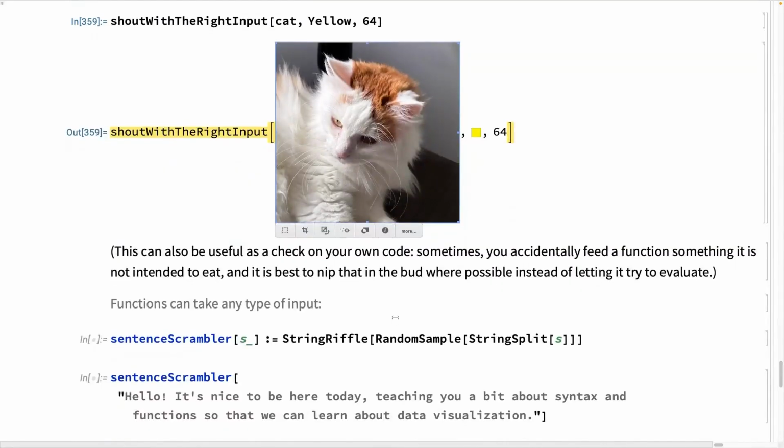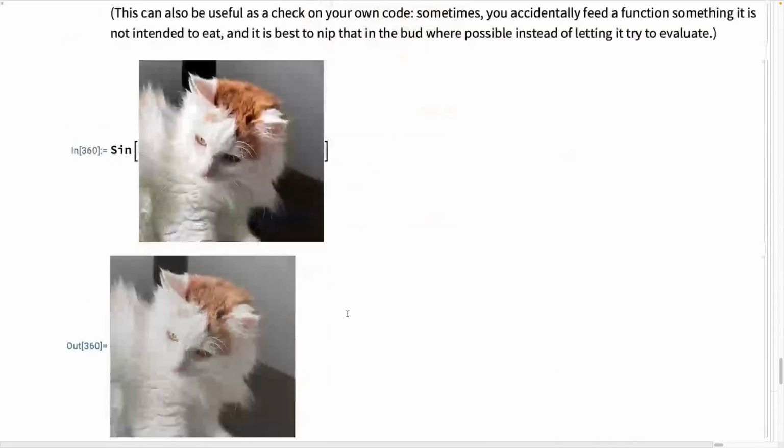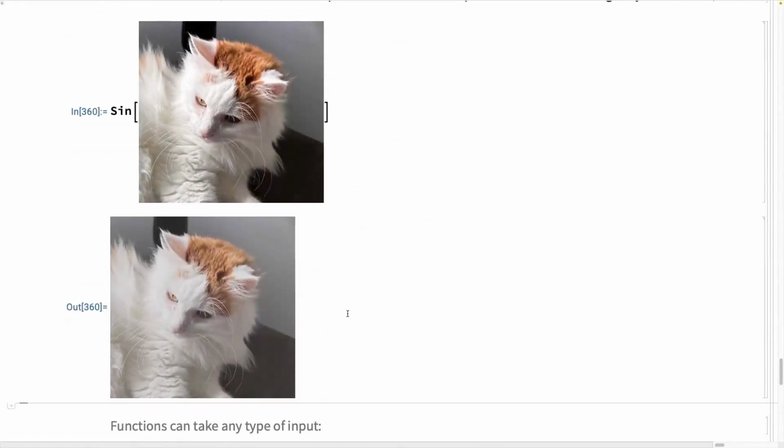And again, this is good when you're sharing your code with others, but it can also be good when it's just you using your code. The reason for that is that in Wolfram Language, you can do some computations you really might not have expected. For example, to make it explicit here, sine is taking the sine of all the brightness values of these pixels, basically. And you could do the same thing with tan,